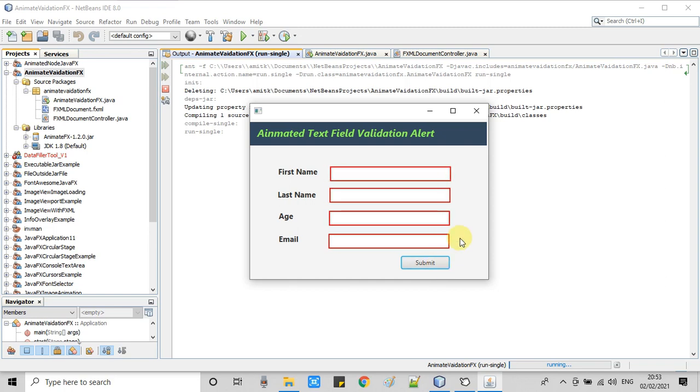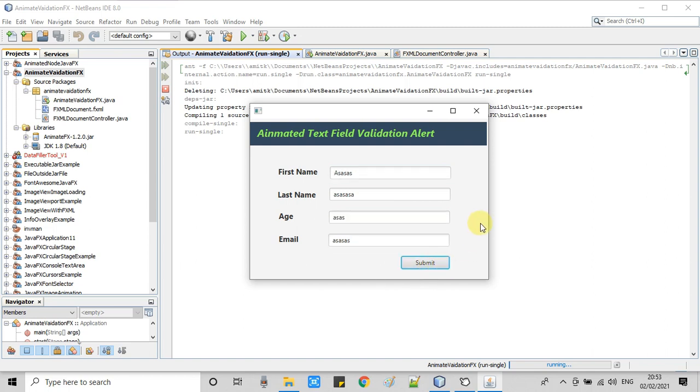You can see all 4 fields are red bordered, indicating that you have not entered anything. So I am just putting something in the second text field. Now I will press submit, and you can see the second field is now okay. You have entered something, so it is validated. The rest of the fields are blank, so just put something inside them and they will also be okay. That's it.